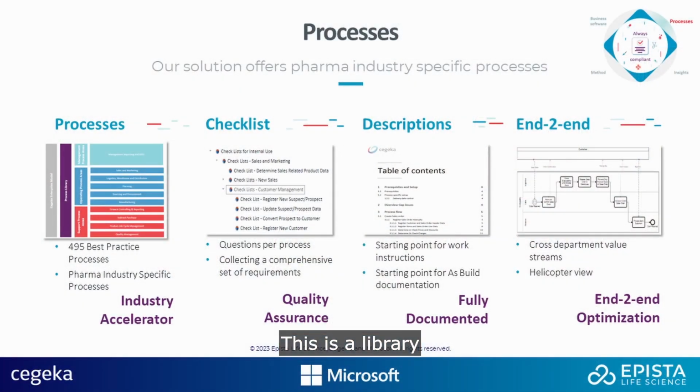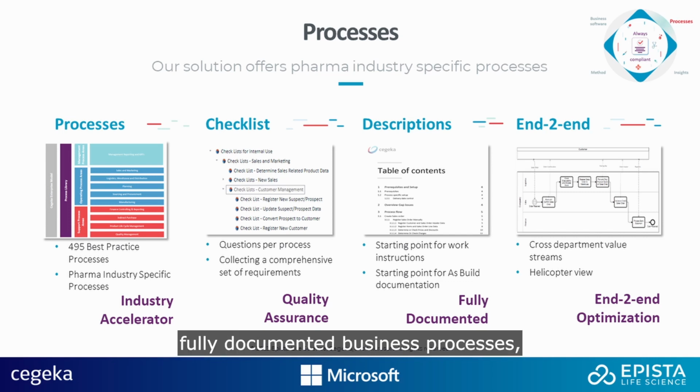It's key. It's key to be able to offer a successful implementation. We have been investing not only in this software solution, the ISV solution, but mainly also in what we call our industry process library. This is a library that consists of about 500 fully documented business processes, which is the result of best practices we built throughout the time.